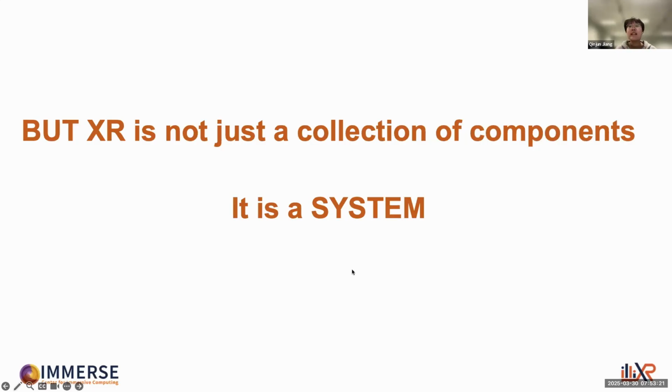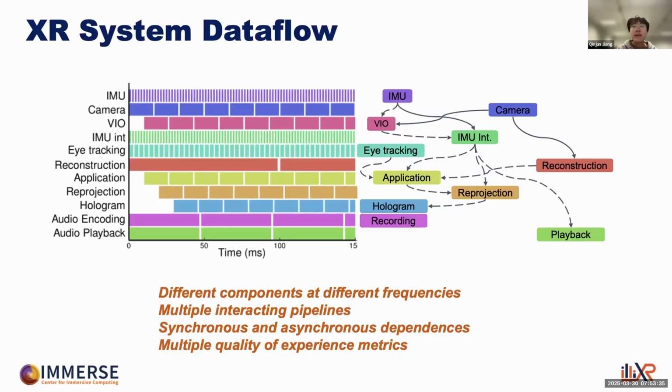Okay, but one thing that I want to stress here is that Illixr is not simply a collection of components or just a benchmark for a certain algorithm. It is actually a system with a very complicated data flow. As shown in this figure, we have so many components. They are running at very different frequencies. For example, the IMU can run at a very high frequency of up to hundreds of hertz. But you can see here the scene reconstruction is actually running at a very low frequency because we don't expect the surrounding world to change very rapidly.